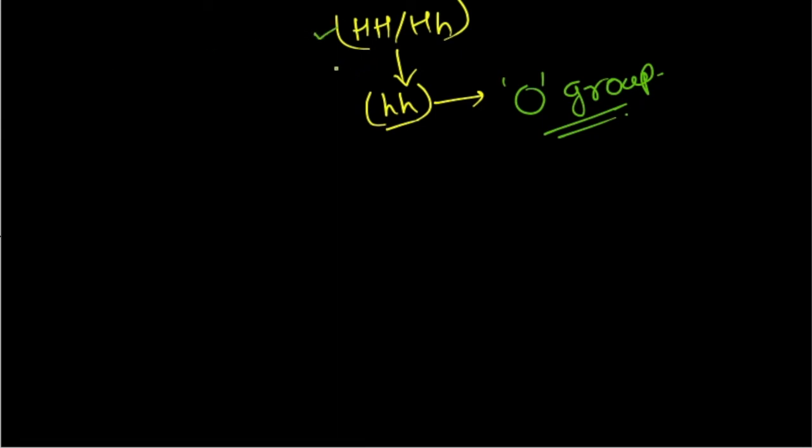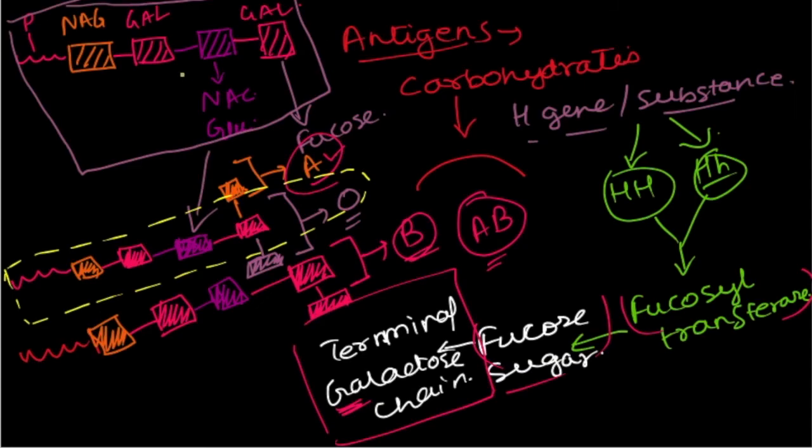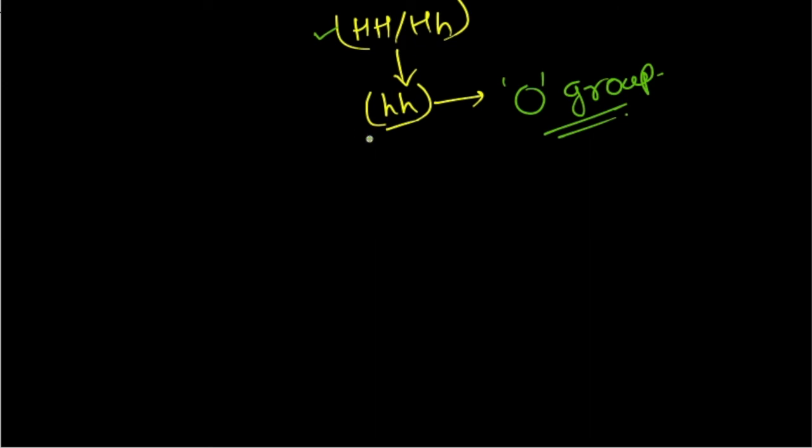there will be no formation of the fucosyl transferase and fucose sugar won't be added. Instead of that, only the organic chain, that is the first group where no fucose was added, that chain basically is transferred to those individuals. So that means that the individual in this case will carry